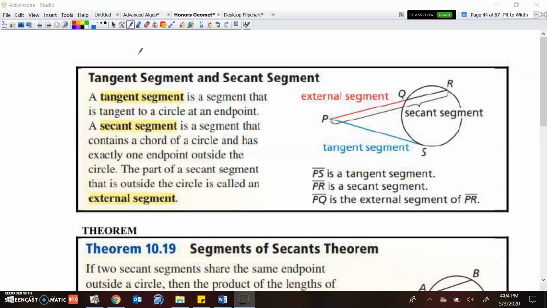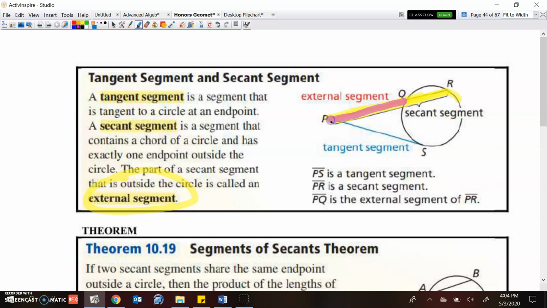Okay, so for now, moving on in our notes, now we're going to take a look at not 2 chords intersecting, but 2 segments or tangents. So here we have a visual. The tangent segment is this segment here that has a tangent to the circle at an endpoint. Okay, and then the secant segment is the one that's a secant. We've already mentioned what those are. Now, the only new term here that they're really emphasizing is this external segment. So that means if we have a secant and part of it falls outside of the circle, then that's called